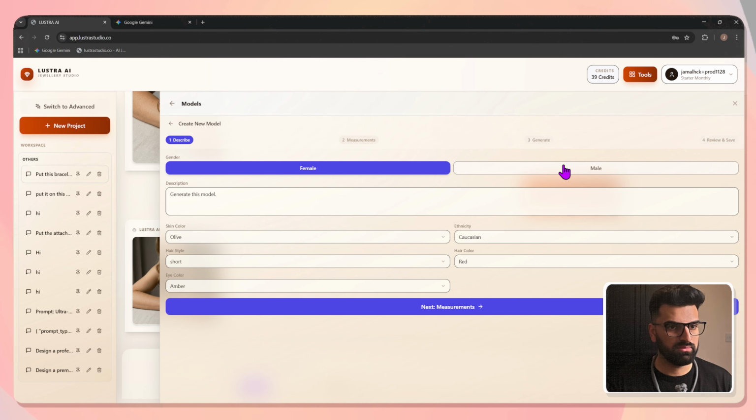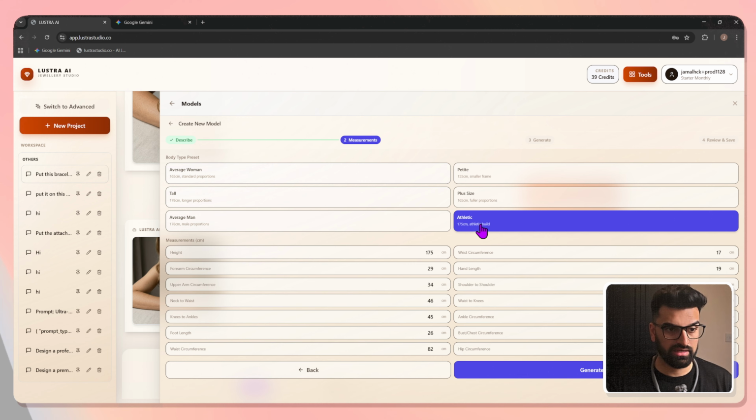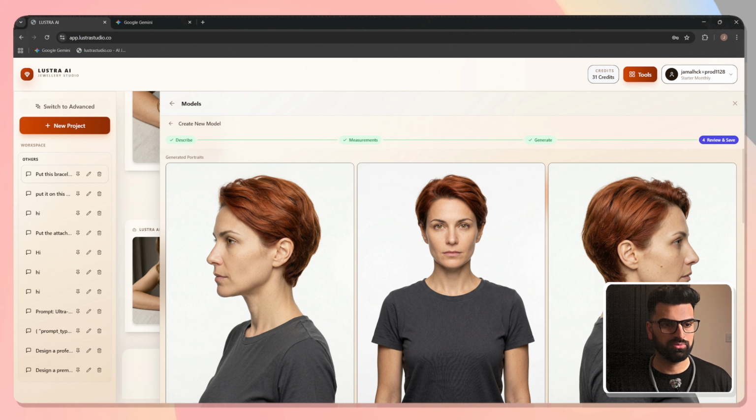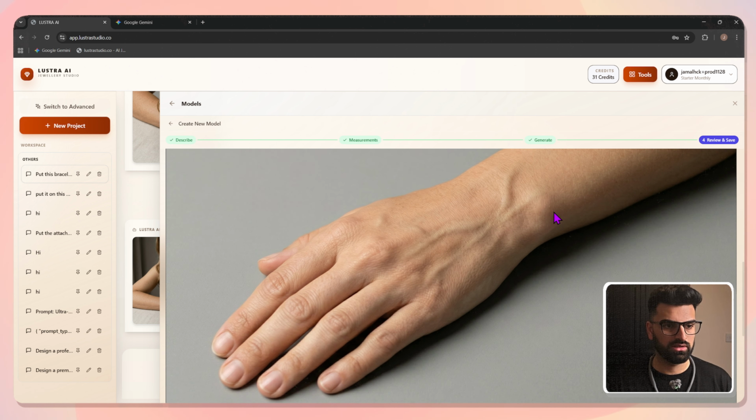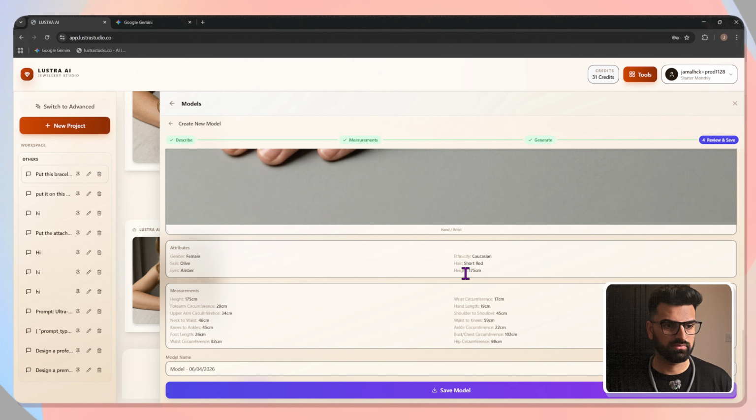So let's select female or male, it depends on what you want. So let's go to the measurements, and let's select an athletic woman, which is going to update the measurements, and their measurements can also be updated manually here. So let's click on generate, and let's see what we get. The output, we've got the front, left and right profiles of the model, then we have the wrist and hand, and we've got all the details here,